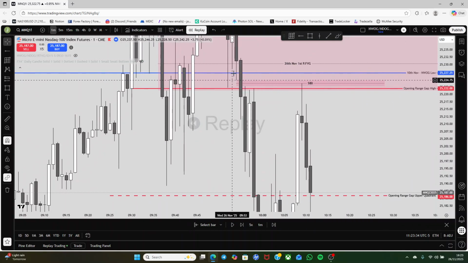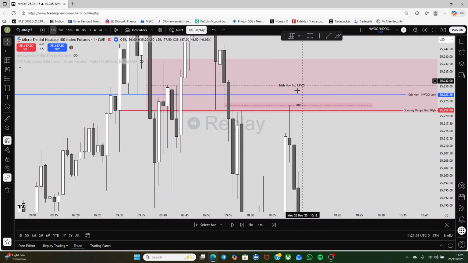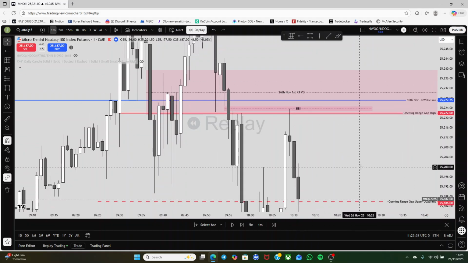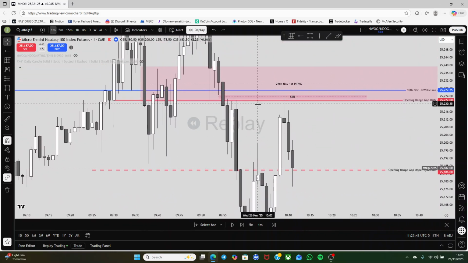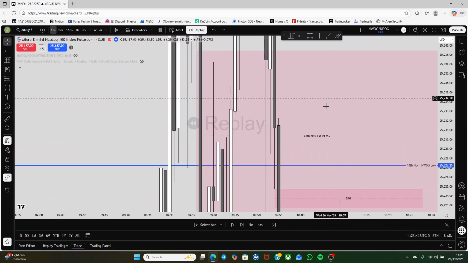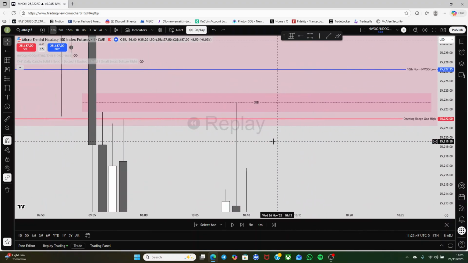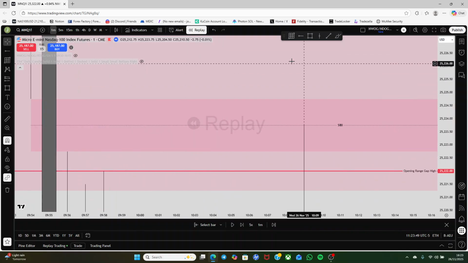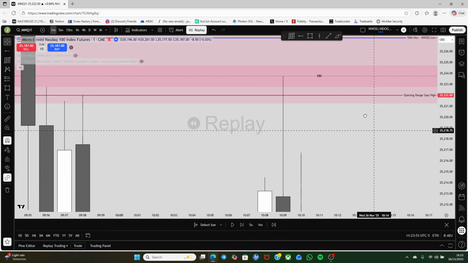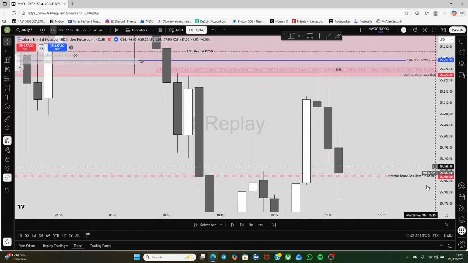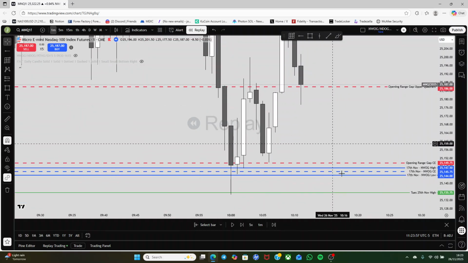So I'd also always say a CB within the first fair value gap in the session is really, really, really sort of high probability. And as you can see, we draw to that. Not only do we draw to that, but look at that. To the absolute tick, the midpoint of that gap getting respected, and we displace lower